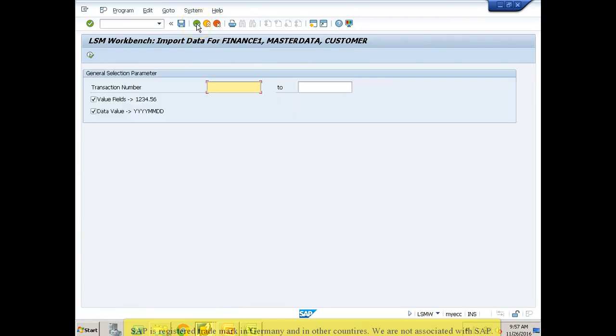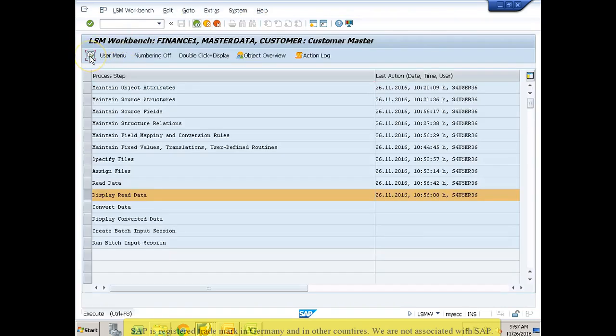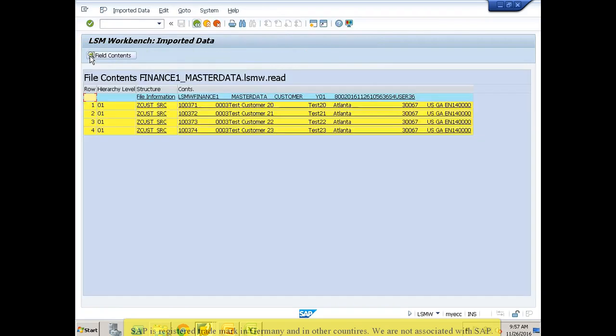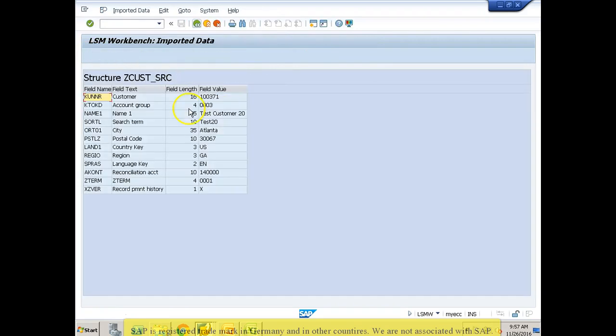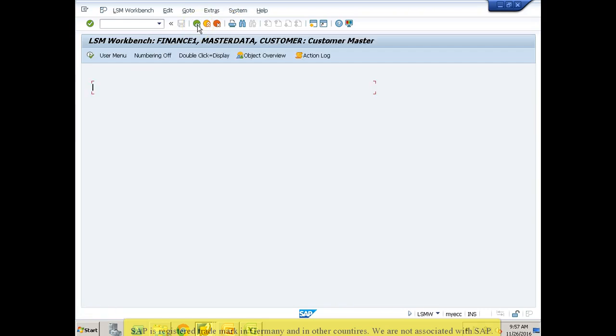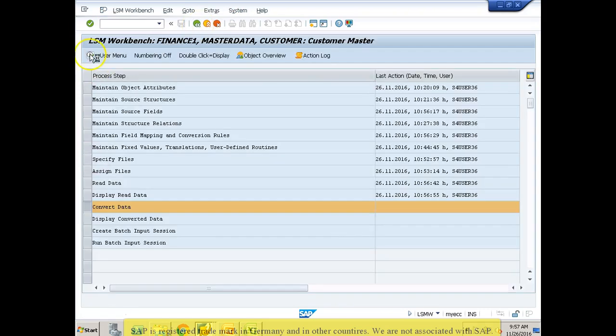Okay, go back and display. Now all the fields are correctly mapped. Now it will not show the company code and payment methods, but in the converted data it should show. So the next step,